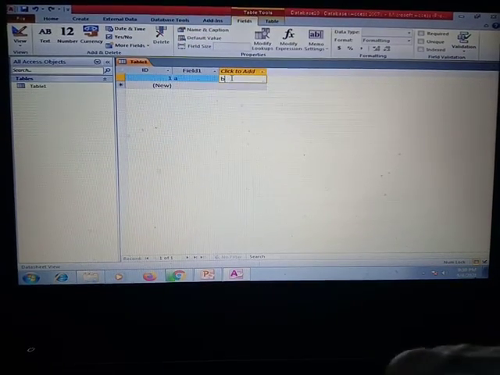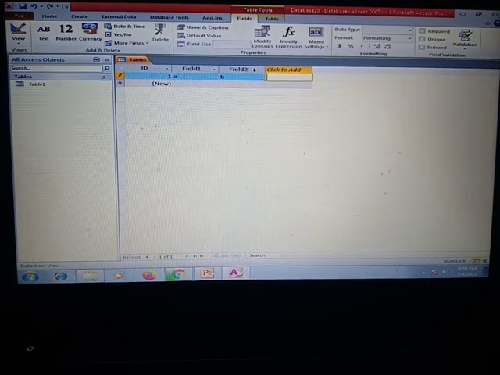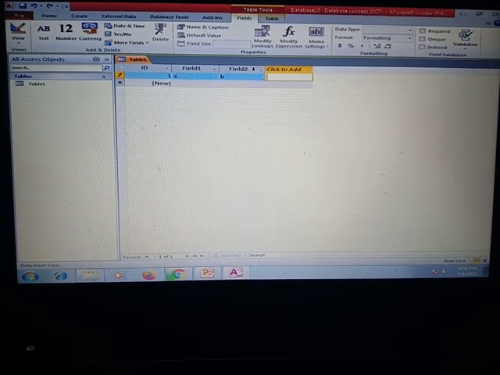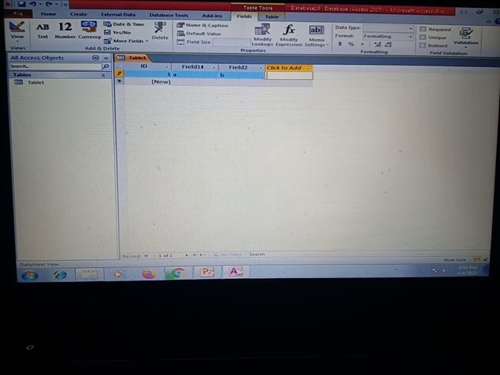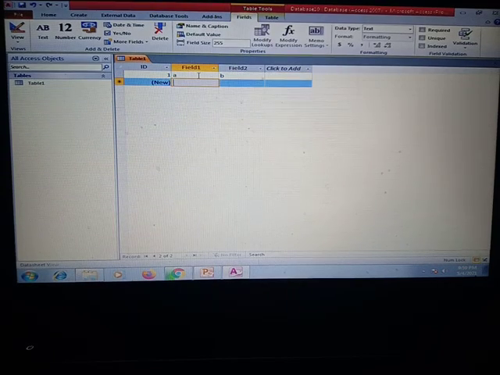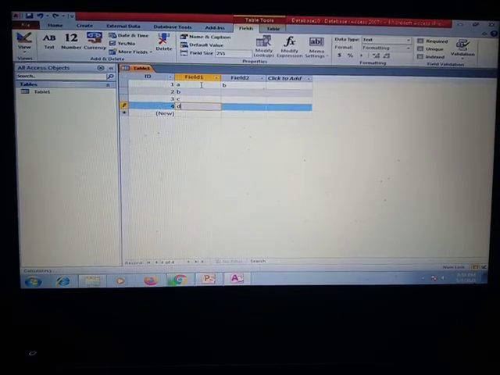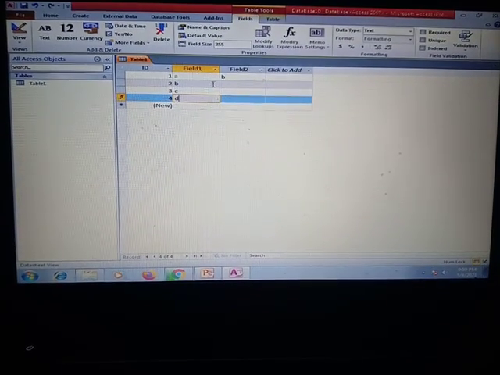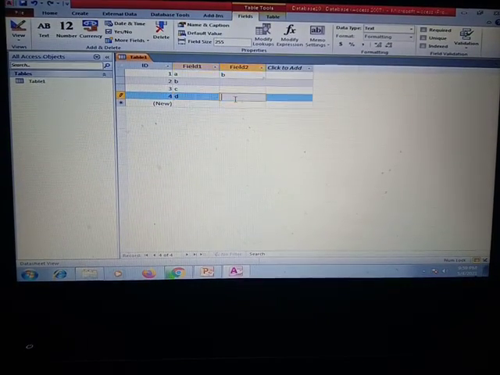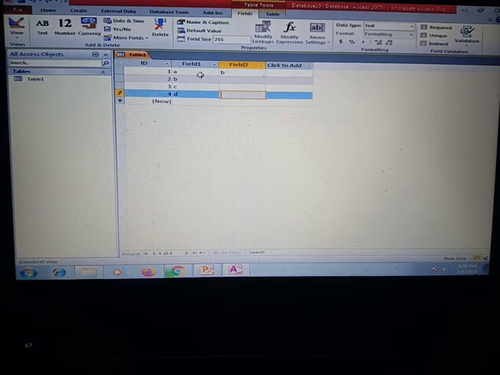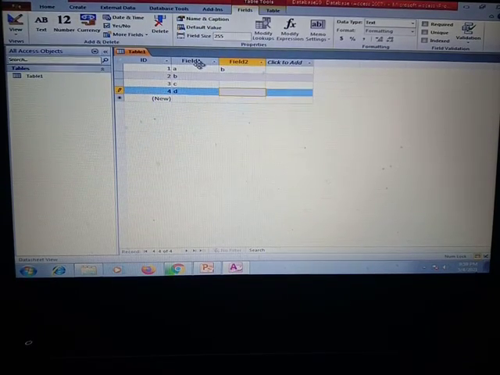Suppose I am writing the data B, then I am clicking here, this is field 2. These are the columns, and in a database we call them a field, and these are the rows, and in a database we call them a record. Like this is the record for field 1.